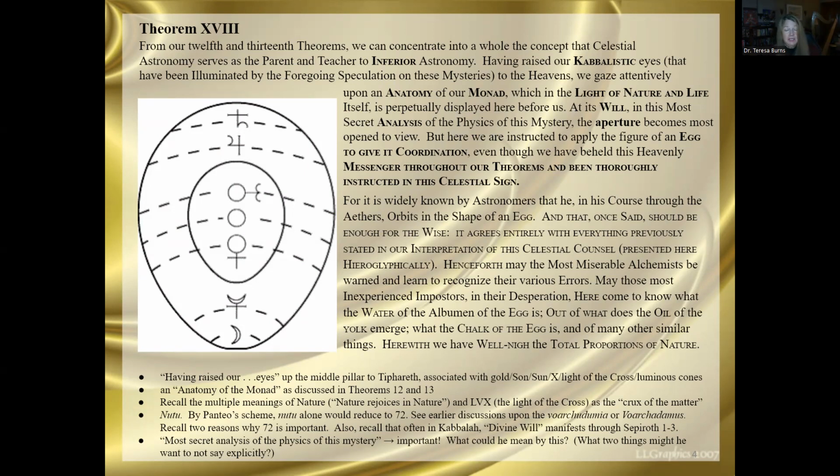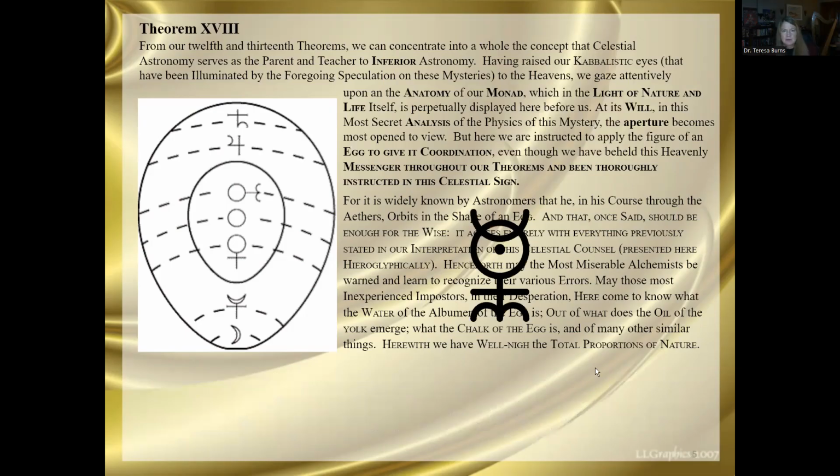So we can look at it as at least 2 secrets, and we might think about what are some things that he may not want to say explicitly. There are a couple of them. Let's see if I can get my screen to go here. We'll have to look at the end of this sentence first, where he says, at its will in this most